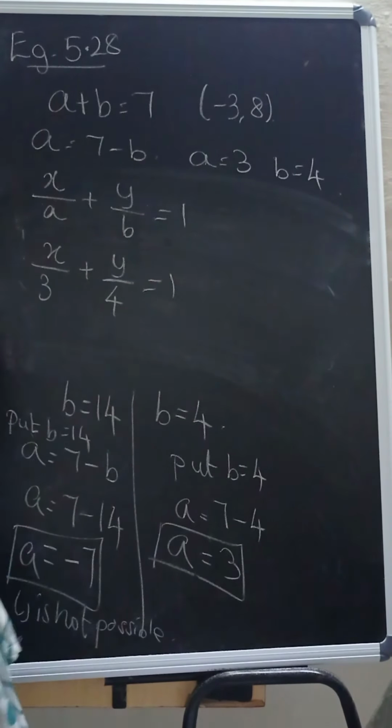Now we will see exercise number 5.3, 12th sum. Find the equation of a line whose intercepts on the x and y axis are given below. So the first subdivision they have given 4 comma -6. So this is x-intercept and this is y-intercept. What is the formula? x/a + y/b = 1 is the equation of the straight line in the intercept form. Now substitute the values. x/4 + y/(-6) = 1. Now take LCM.